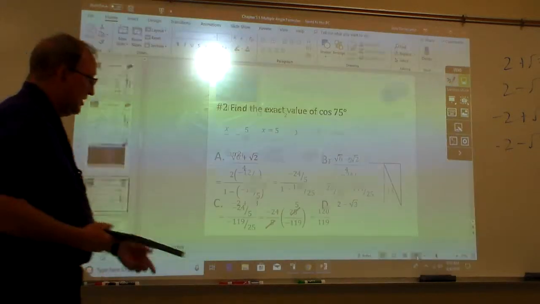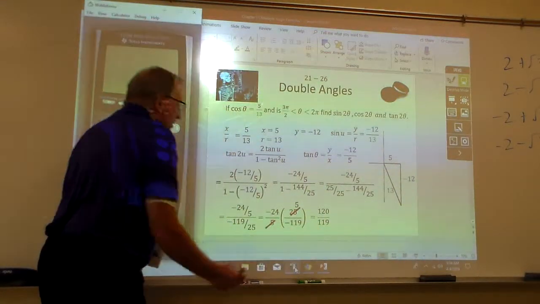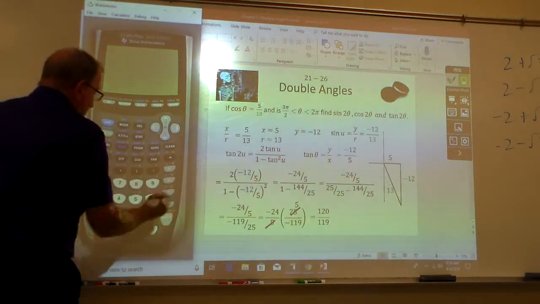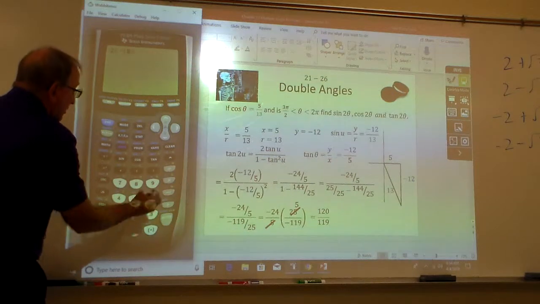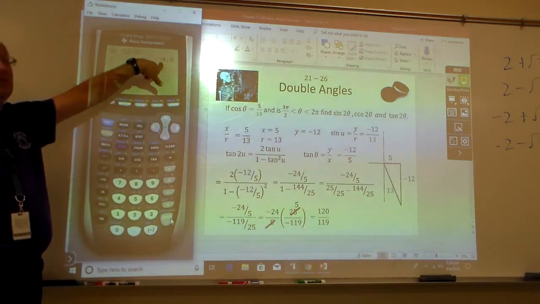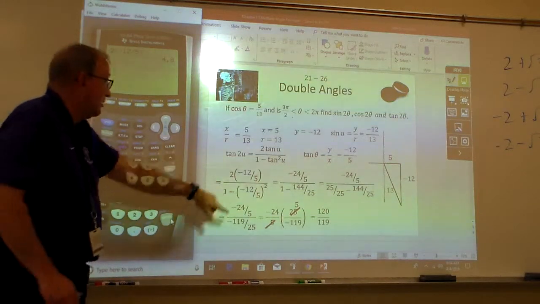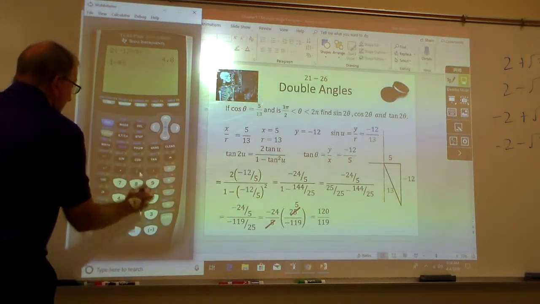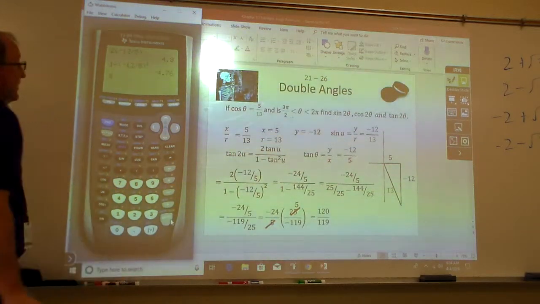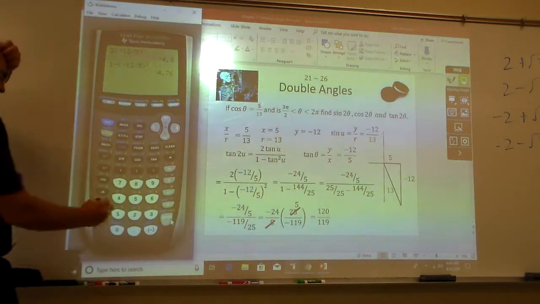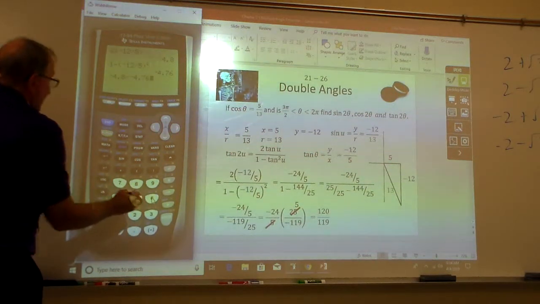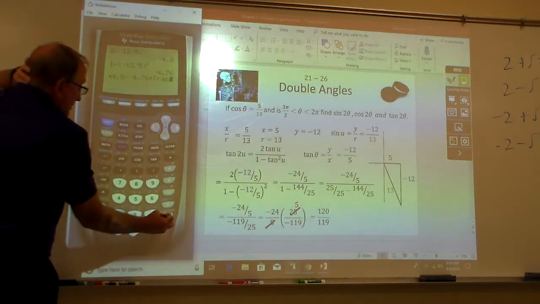All right. Now, but y'all, here's what I would probably have done. I would probably have gone right here to my calculator at this stage, and this is the way I do it. I would have turned it on, and I would do 2, this is in parentheses, negative 12 divided by 5, and I would have hit enter, because I don't like doing all this parentheses stuff. Now just remember, what's nice about these calculators, that negative 4.8 is going to stay there for a second, right? And then I'm going to come down here, and I'm going to do 1 minus the negative 12 divided by 5, parentheses, and then hit my squared, and hit enter. And then I've got this here, and then I would just do negative 4.8 divided by negative 4.76, and then hit math, option 1, fraction, enter, and I got